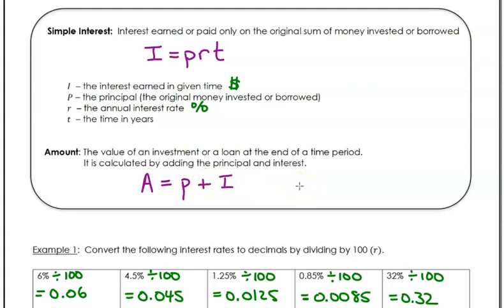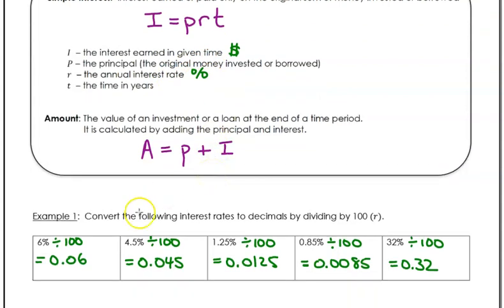Okay. Now, before we actually use this formula at all, you need to make sure that your R and your T, you know how to calculate properly. And so your R, whatever interest rate they give you, you must put as a decimal. So if it's given to you as a percentage, like say down here, 6%, you must change that to a decimal, 0.06. Even if it has a decimal in it, 4.5%, you still have to divide it by 100 in order to change it into a decimal. So this number right here is going to be what is inserted into your R value.